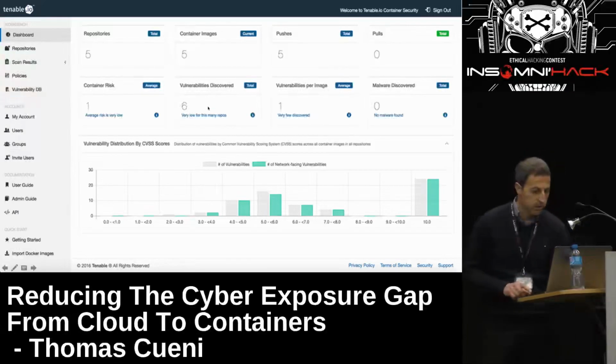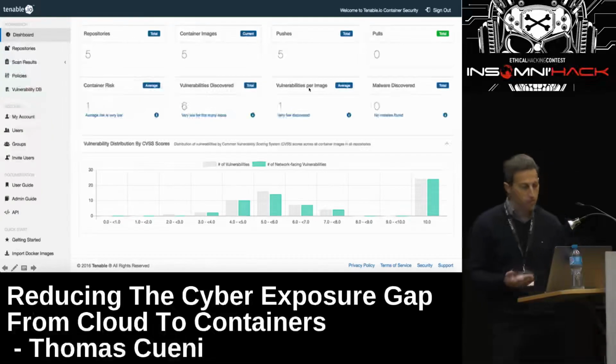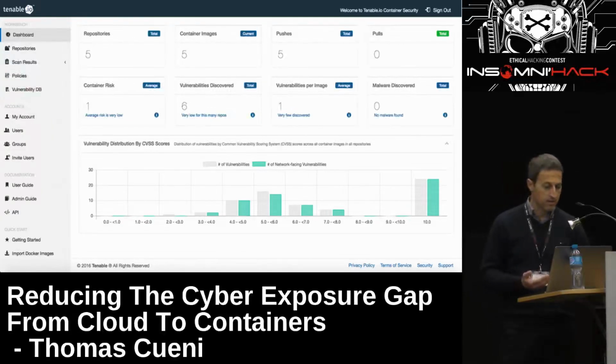So you could easily check against that baseline, and in this case here we have 1 vulnerability per image, which is extremely low. So you can do a comparison against the baseline,